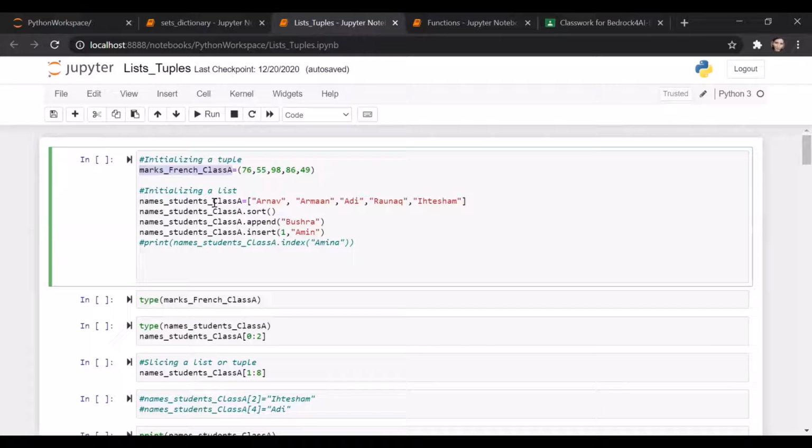If you are maybe returning data, let's discuss this when we discuss functions next week. In cases where you are exchanging data, and the data is just being read and transferred from here to here, you could use a tuple. If you see that the data could need in-place modification, then only you'll use a list.